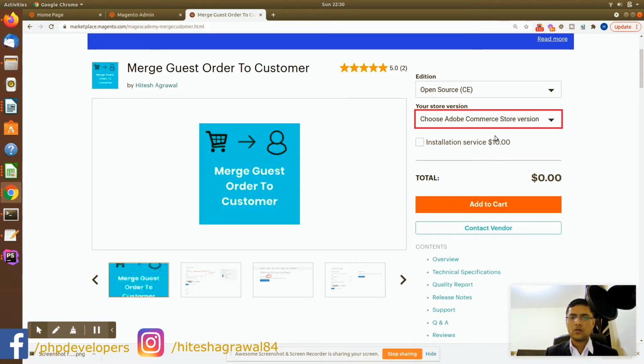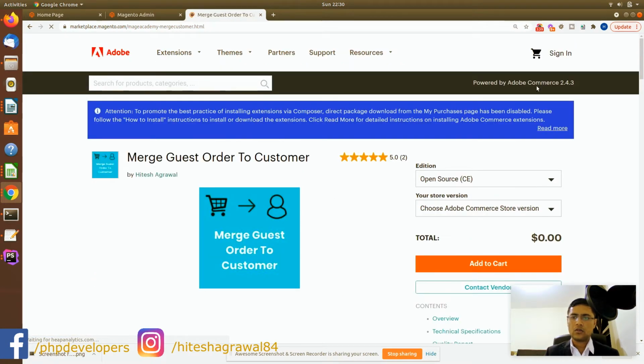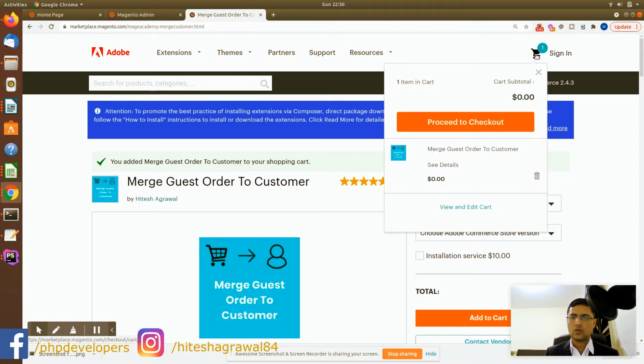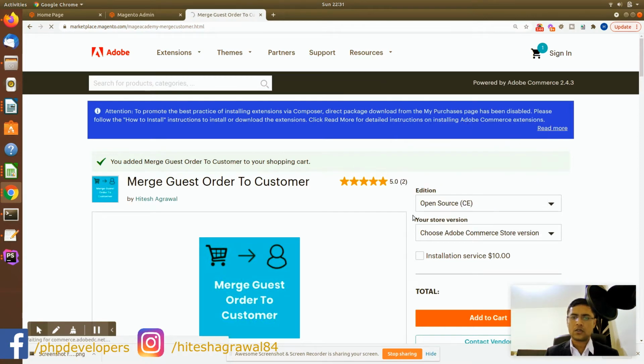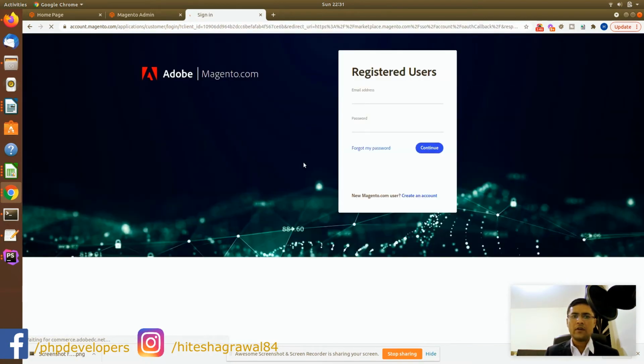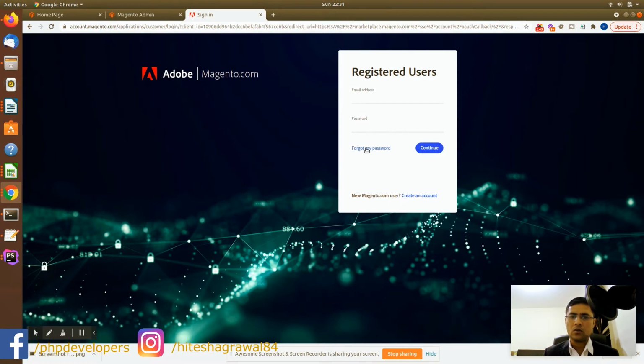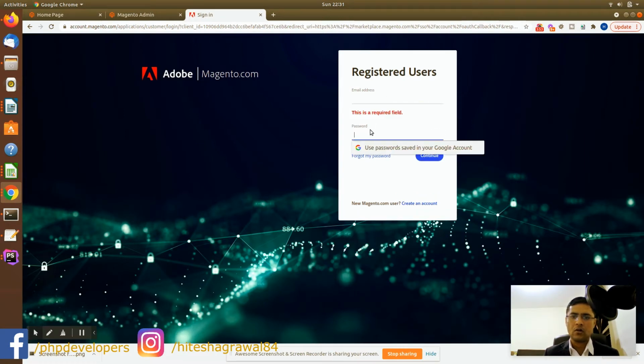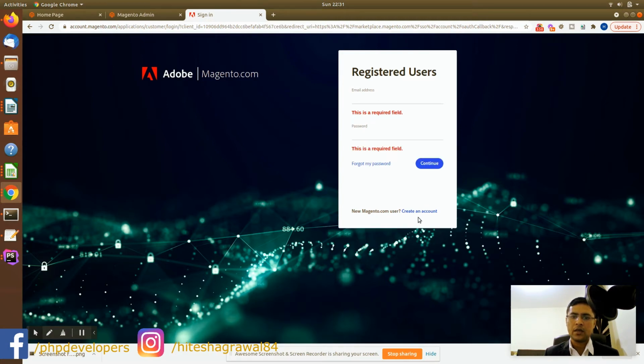So I'm just going to add to cart. Now you just need to proceed to cart, then proceed to checkout. It will ask you for credentials. If you have an account, you can just log in. If you don't have an account and you are new to the Magento marketplace, then you simply create an account.